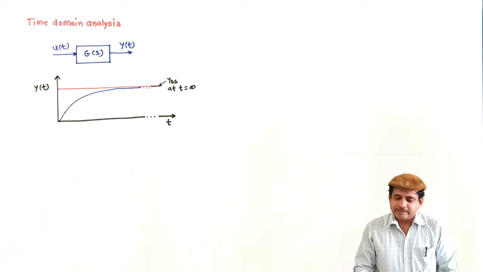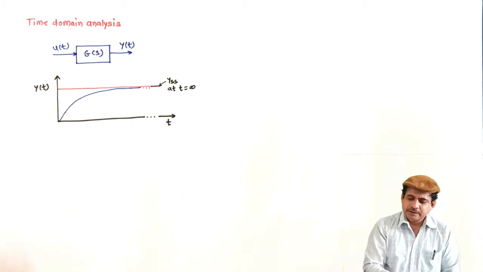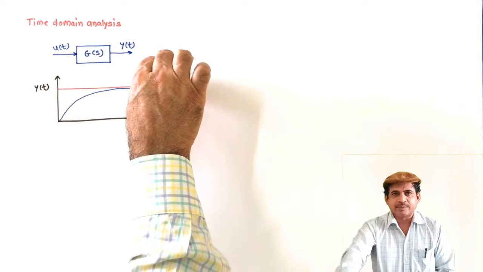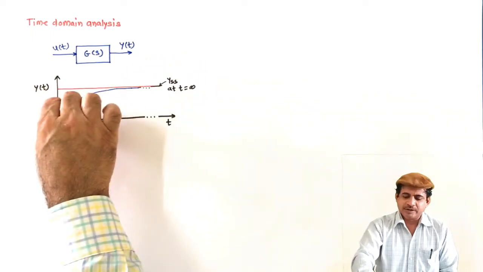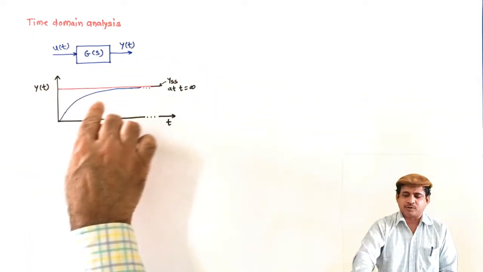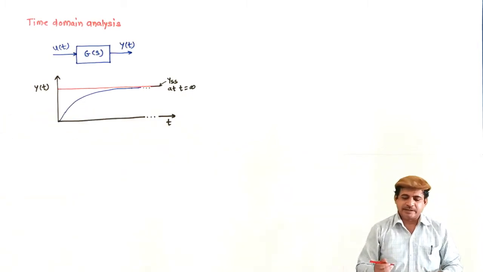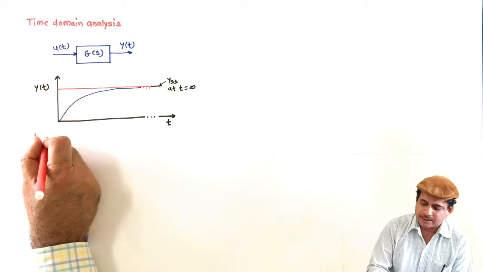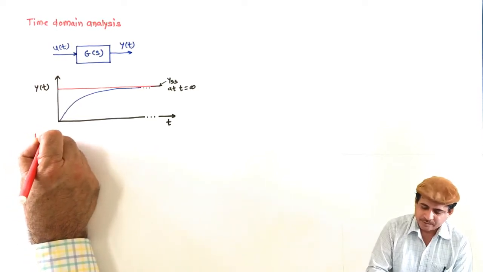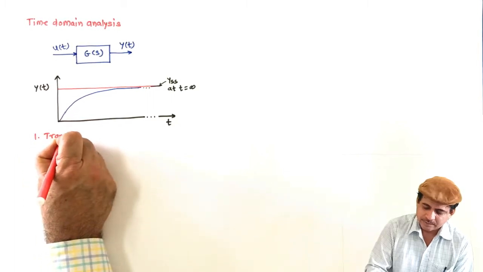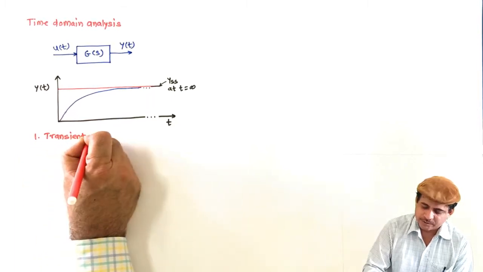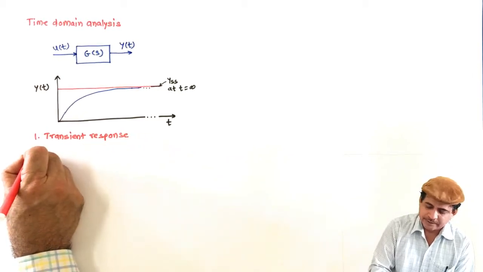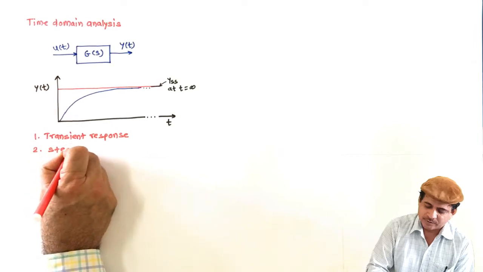But what we can see, the output has two parts. One is the stable or stationary, and the other one is dynamic. So this is static response and dynamic response, and hence it can be partitioned into two different components as transient response and second one as steady state response.